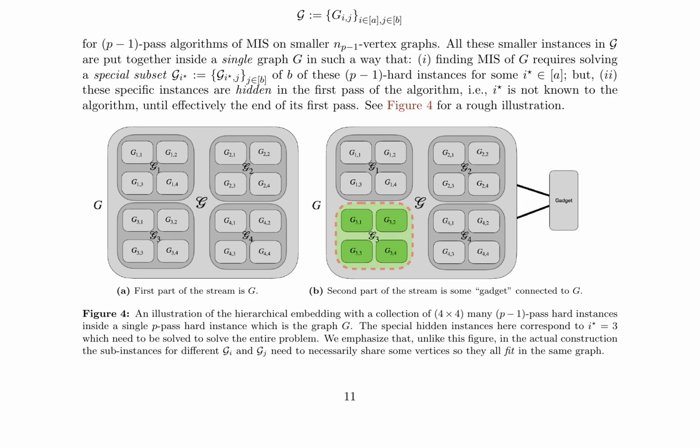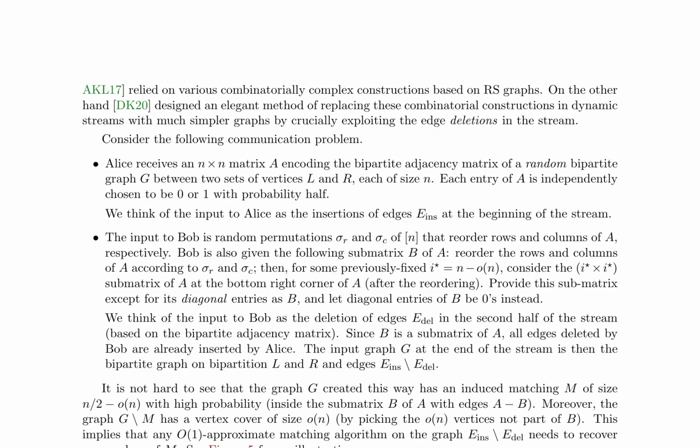The hierarchical embedding technique constructs a graph G containing a collection of (P-1)-pass hard instances, forcing the algorithm to solve a special subset without revealing their identity in the first pass. The authors prove that any algorithm must either spend Omega(AB) space to learn non-trivial information about all subinstances or spend its first pass learning the identity of the special instances and then solve them independently in the remaining P-1 passes. The authors discuss challenges in applying hierarchical embeddings for approximate matchings in dynamic streams,